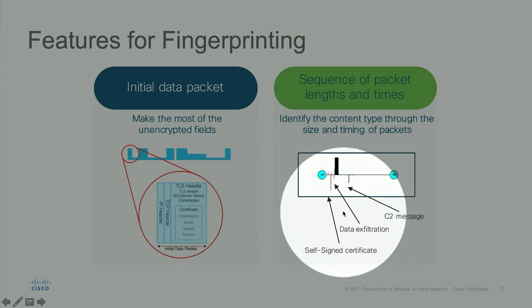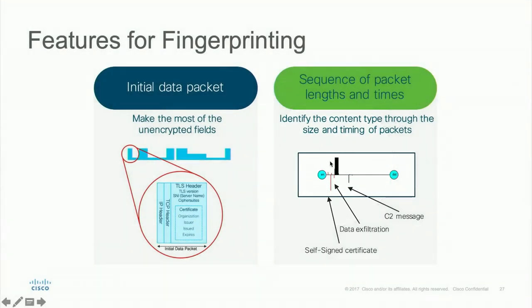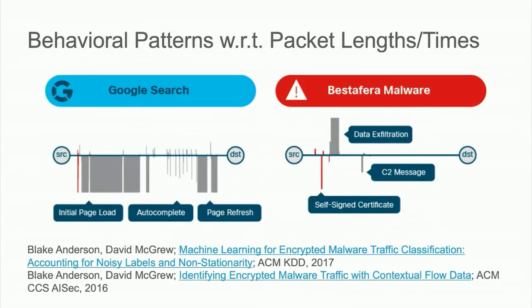Initially, there's a self-signed certificate. Then this big rectangle is basically a sequence of packets, all of the maximum size. It turns out that's data exfiltration. Somebody's stealing data. And there's a command and control message at the end. Okay? Now, if you look at this a little bit more,